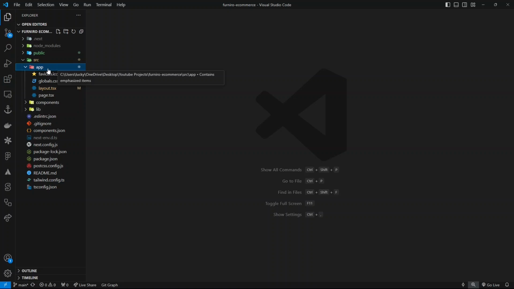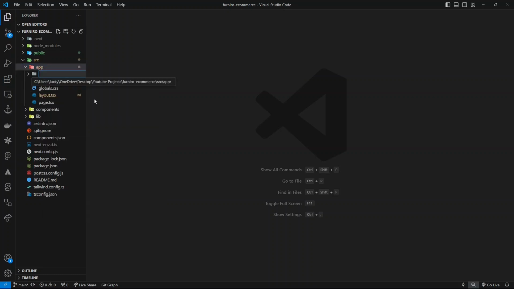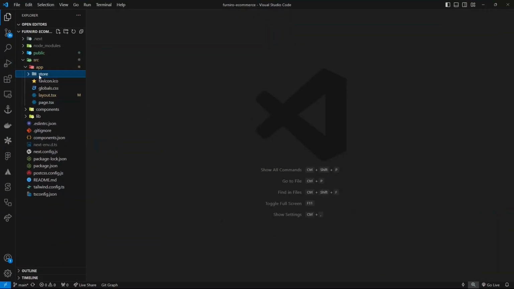So the way this will work normally is that you can come in here and just create a new folder. We can call this home, or you can call it like store. I think the other page is shop, actually shop. So rename this quickly to shop,